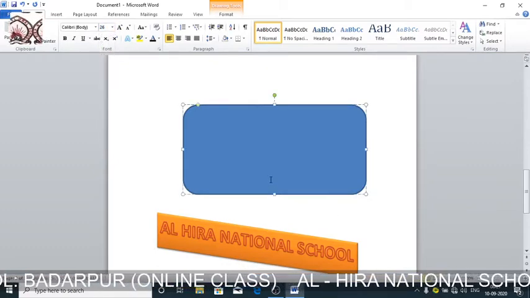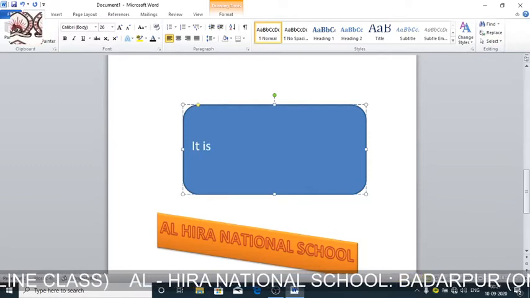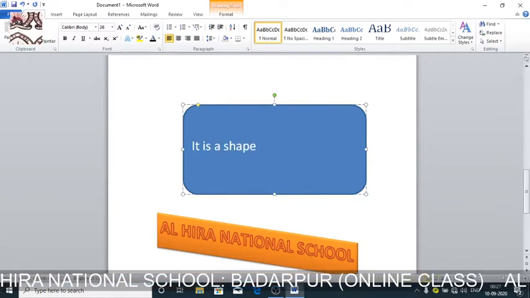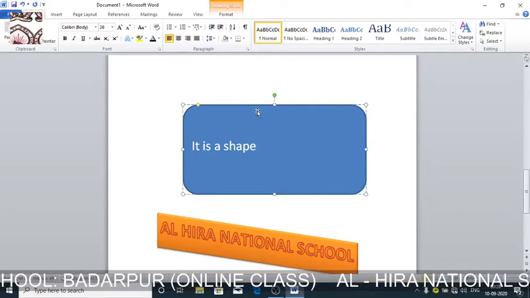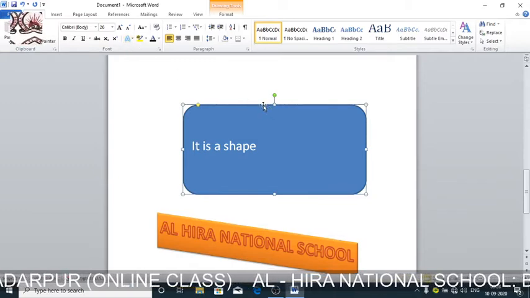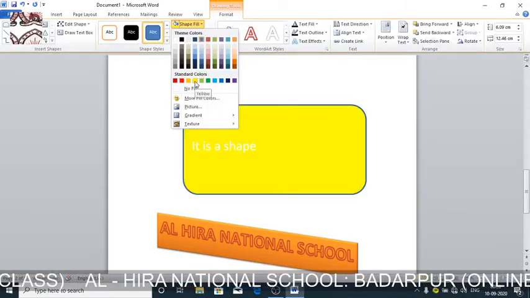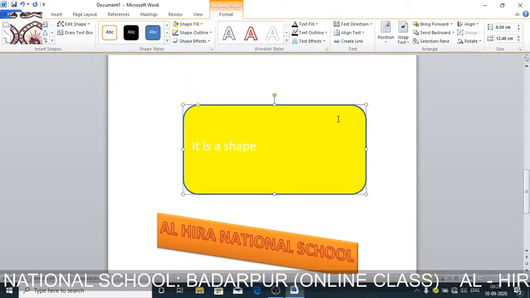It is a shape. So we can add a text to the shape also. We can also fill the shape with any color, as I've shown you earlier. We'll select the shape and then shape fill. Let me take yellow.